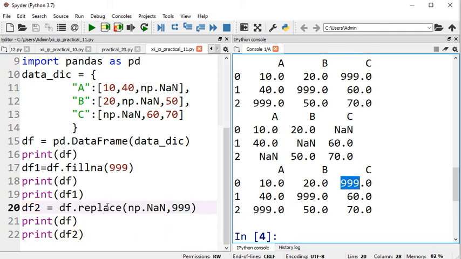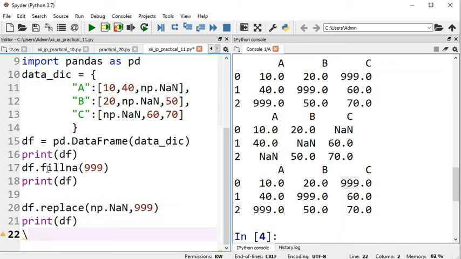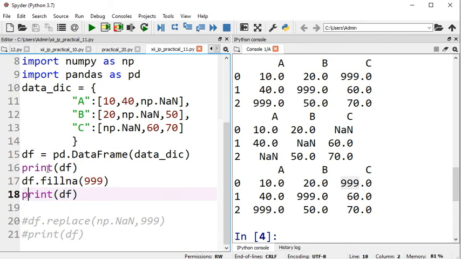Now if you want to replace these values in the data frame itself, you need not call df1, so I am commenting it out.